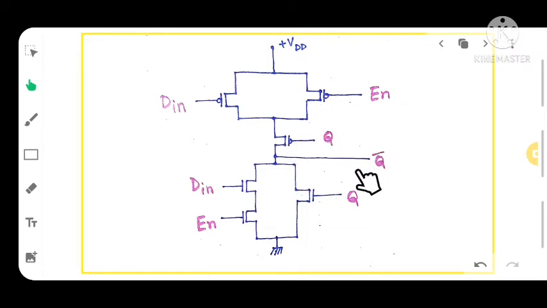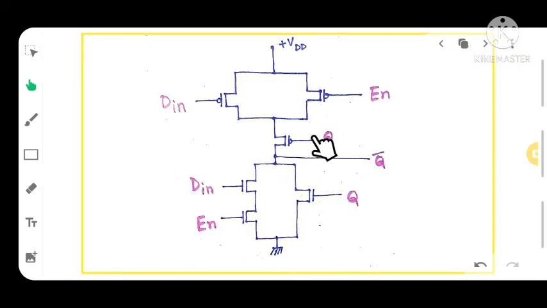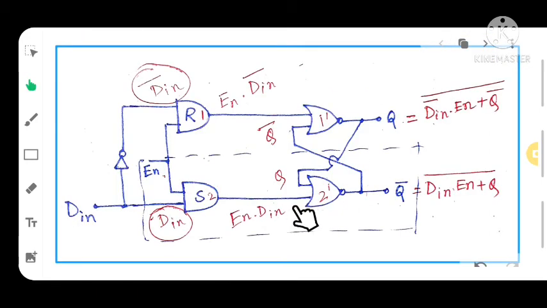This is D in, this is enable, and here we are getting the output enable dot D in, and here also we get the output enable dot D in, which is fed to the NOR gate, that is here.